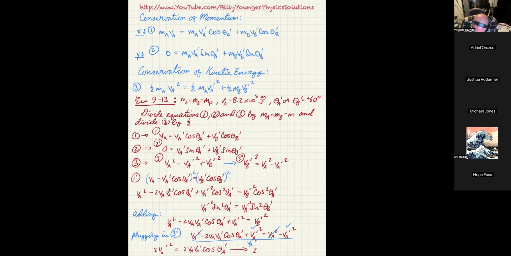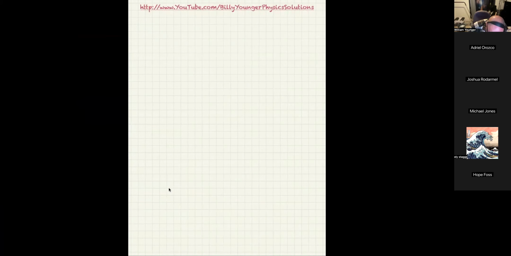That gives you 2 VA prime is equal to 2 VA cosine theta A prime. You can see now that the 2's cancel out as well, and VA prime is just equal to VA cosine theta A prime. So if we assume A is the one that went at the positive angle, then we can conclude that